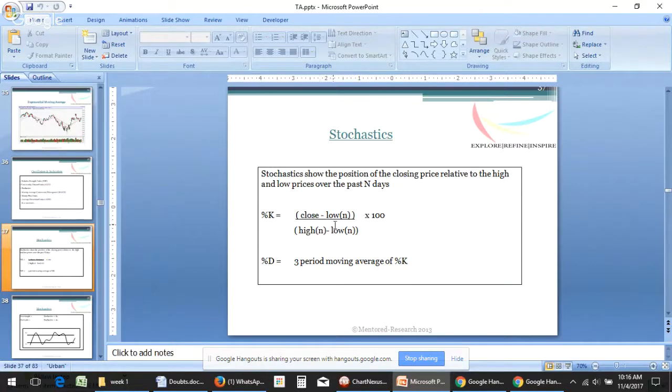So the stochastics number is telling you that in the last 14 days, if the stochastics is near zero, the price is now in the lowest portion of where it has been in the past 14 days. What that is telling me is that it has been continuously selling in the last 14 days. That's why when stochastics are oversold, it's considered a bullish signal, because there's only so much selling